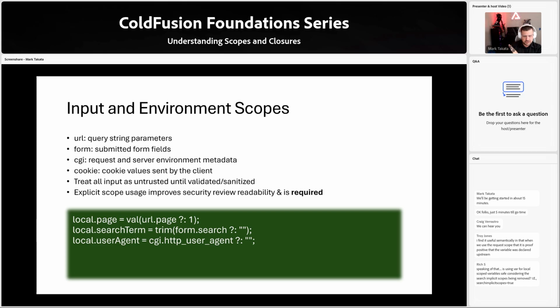And then Rich says, speaking of that, is using var for local scope variables safe considering the search implicit scopes being removed, i.e., search implicit scopes equals false? Oh, you mean if? Sorry, Rich. Do you mean, is it safe if you have search implicit scopes on? It's fine, but if it's turned off, yes, it is, and it's fine